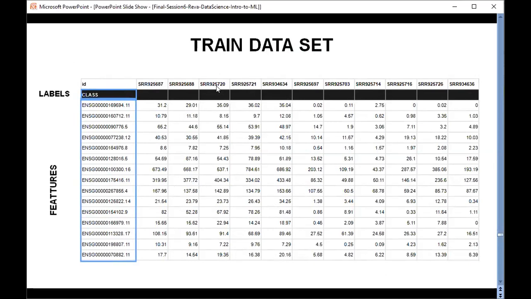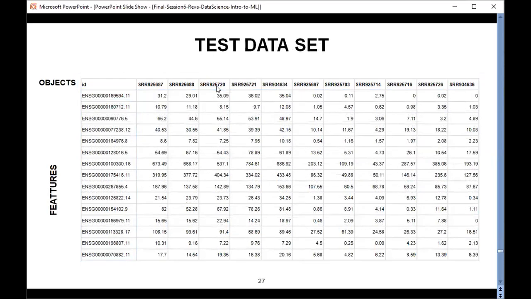Then we have test data where this label information is missing. Once a model learns from the information available in the training data, it applies that information and builds a machine learning prediction model, and that model then detects the labels of this new data, which we call test data, where labels are not present.